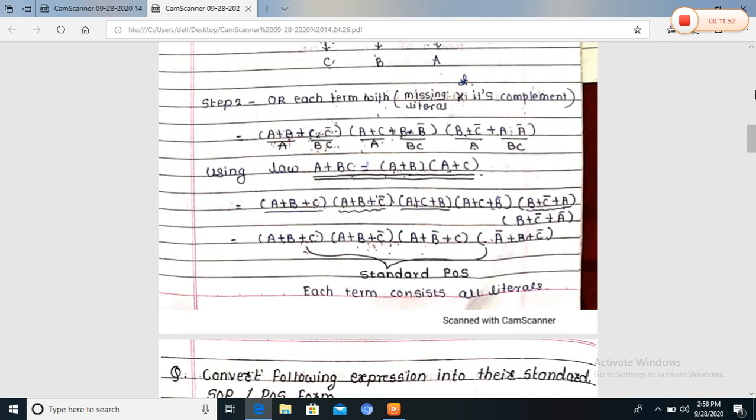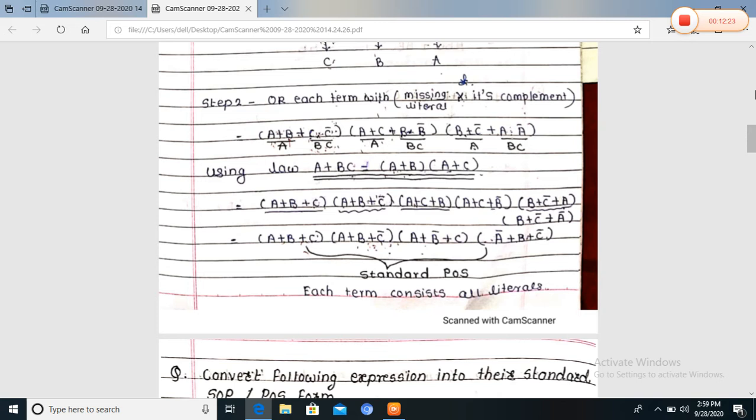Second term a plus b plus c bar, and this last one, this next term, is another term, a plus c bar plus b. These terms are the same. So for that term also the a plus a law applies, and that bracket is a plus b plus c bar. Next term a plus b bar plus c, and a bar plus b plus c bar. In this, all of this is the final expression.